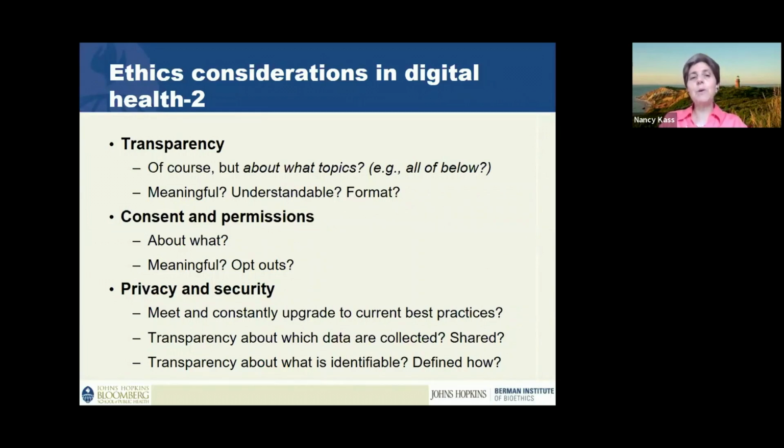And yet there are people who specialize in trying to figure out how to communicate complex information in really simple ways, with graphics, with much smaller bits of information. This is certainly an area where less is more. So is it meaningful transparency, not just following the letter of the commitment of transparency, but the spirit in which